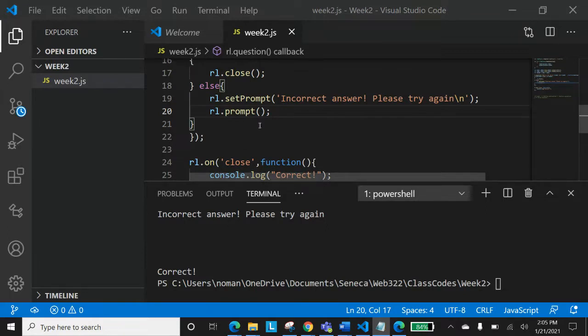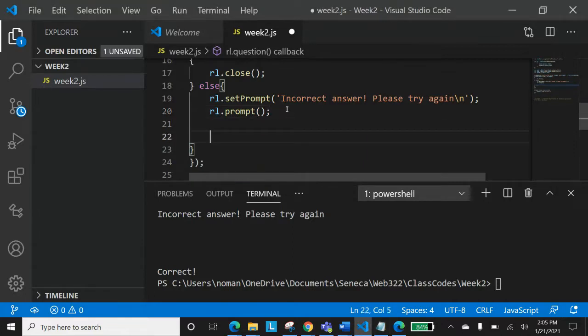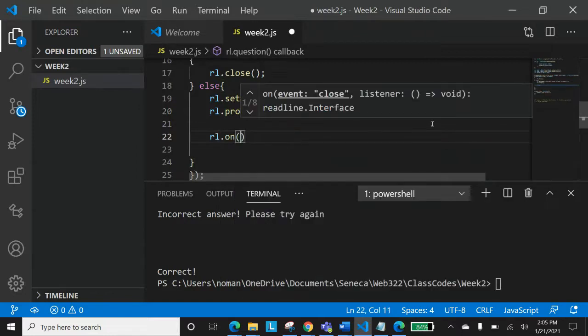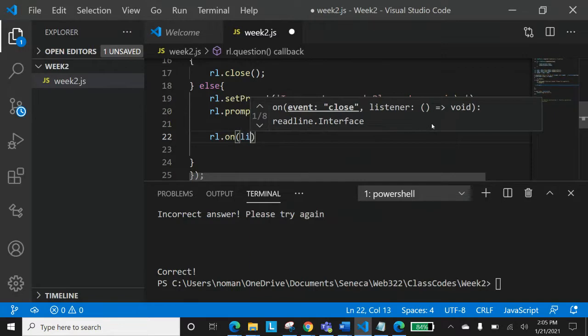Visagan, your question was related to on. Now we'll be using that on again. Now this on prompt, after that, you are asking the user, incorrect, try again. You are asking the user to put something again. And if you are asking the user to put something again, of course, the user will do something. The user will put in something. Now see here, Visagan, your question will be clearer now. Now this rl.on. Now we are waiting for something. What are we waiting for?